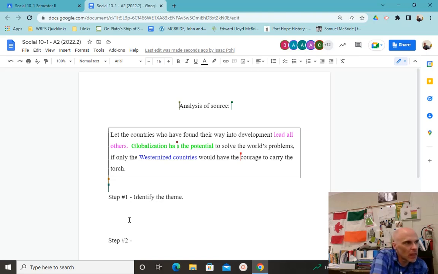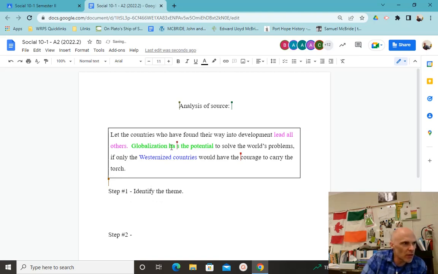So our next step, just going to get rid of that space there. Our next step is going to be, now that we've announced that the problem is world problems, although the problem is stated in a very vague or general way, we can infer that it's referring to these things. And you already said some of them. You said disparity and poverty. Anything else that it could be referring to? Disparity, poverty, world hunger.